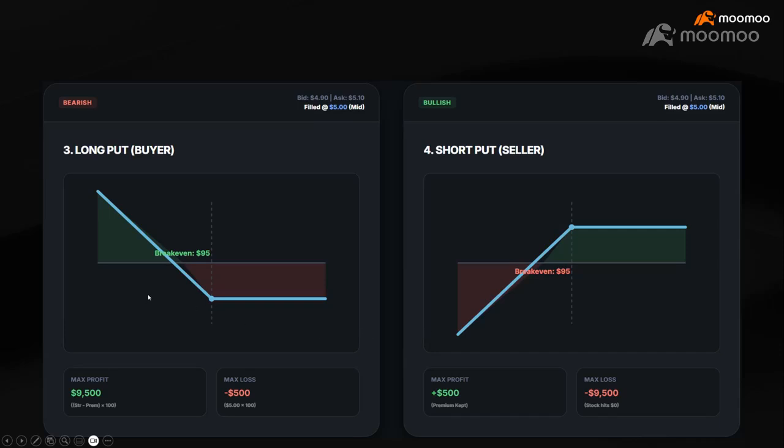So let's look at the put side. With the same bid ask, if we bought the put option for $500, this is the maximum we can lose, no matter how far the price goes up. And if it goes down, it has to go below how much? $95, because 100 minus $5 is the 95 break even. Okay, this is the long put P&L graph.